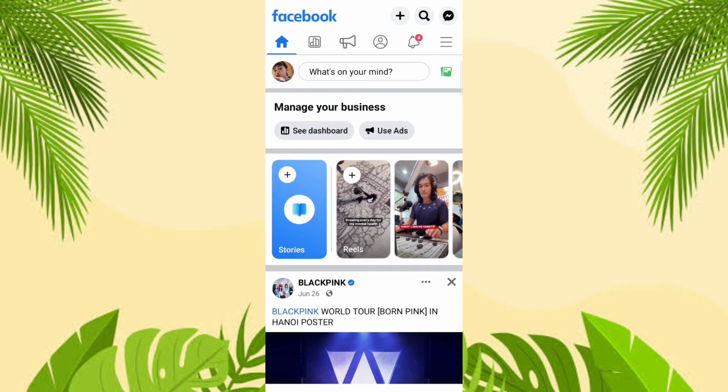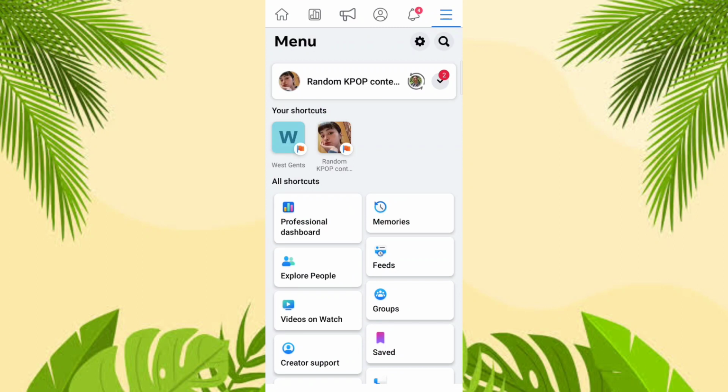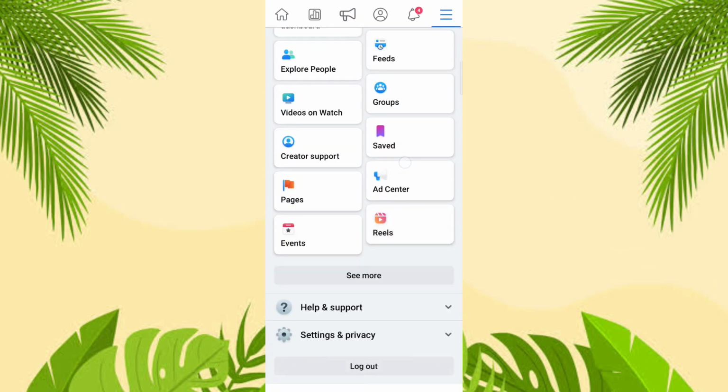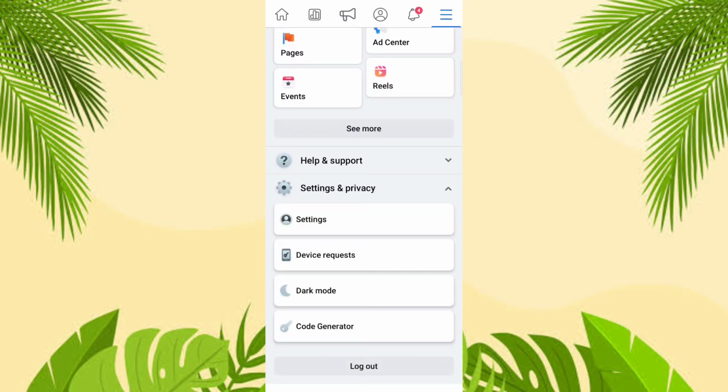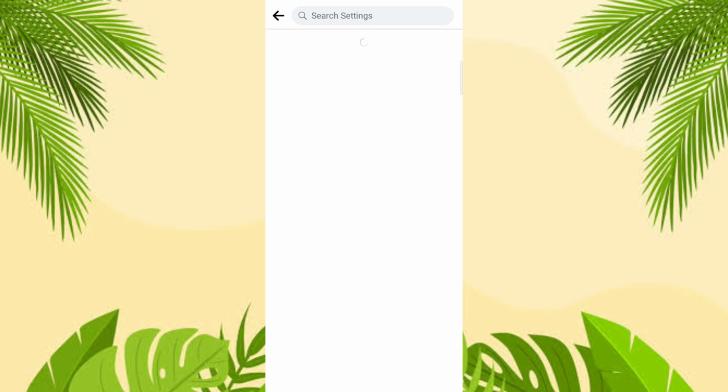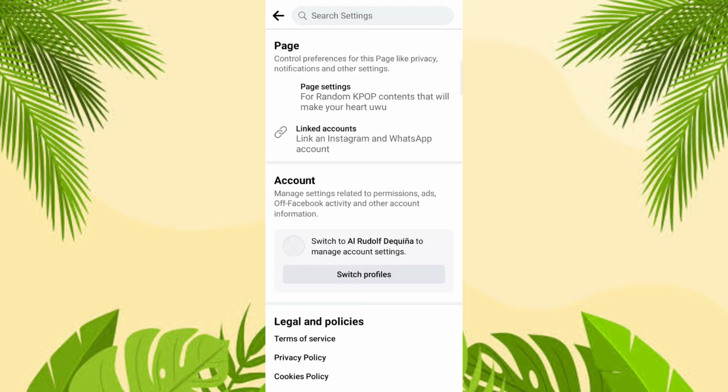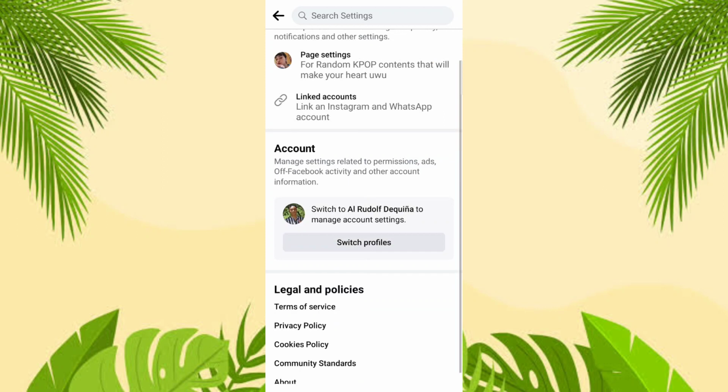And next thing to do is go to the three lines above and tap on that. Once you're here, scroll all the way down, go to Settings and privacy, go to Settings, and once you're in the settings option, scroll down to look for the Page settings option. If you see Page settings, tap on that,